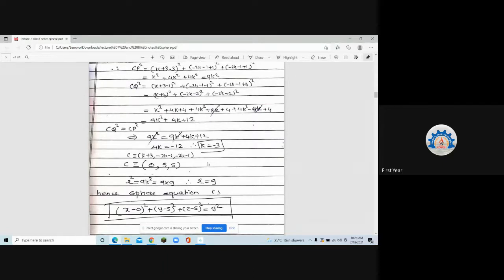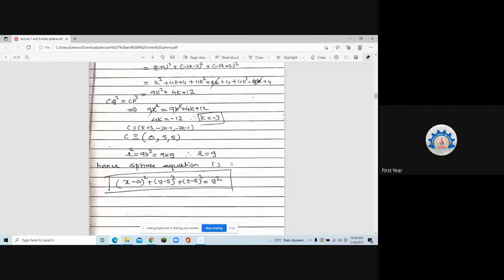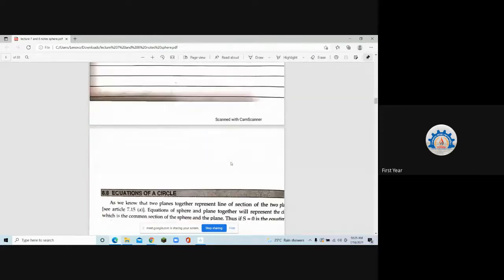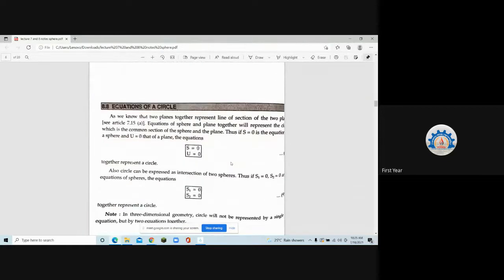Today's concepts are very important and easy to understand also, okay? Clear? Yes, ma'am. Please write it down simultaneously, then your notes also will be completed and you'll understand also, because if you write it, it will be clear in your mind. So as I solve, you write and listen, then it will be easy for you all. Now the next part is intersection of sphere and plane.